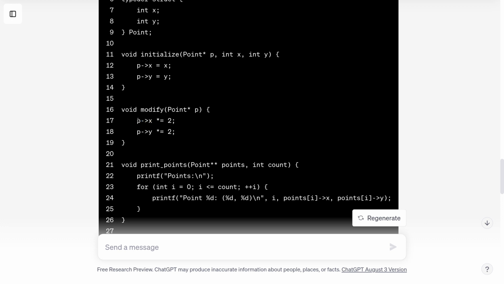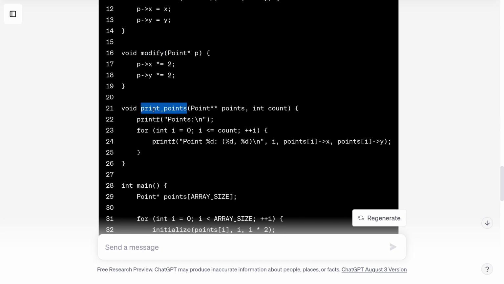So modify is, of course, a placeholder word here. There's lots of modifications I could do. Here's a function called print points, and it takes the variable points here has type pointer to point, which is a bit of a mouthful. I'm going to read this as something that I could use. I could use the variable points as if it were a 2D array, basically.